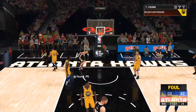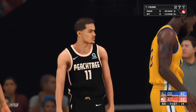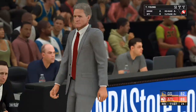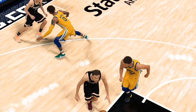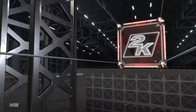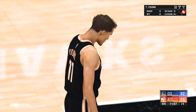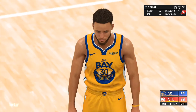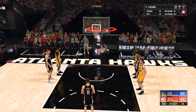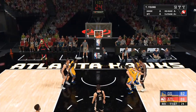Young drives in. The bucket is good. He'll have a chance for one more. They get Stephen Curry. How about battling through the impact there and then wheeling that basketball in? Mind the lane. One shot. Way to go,